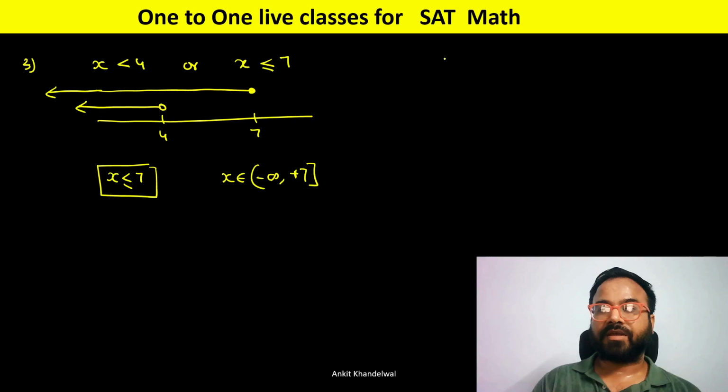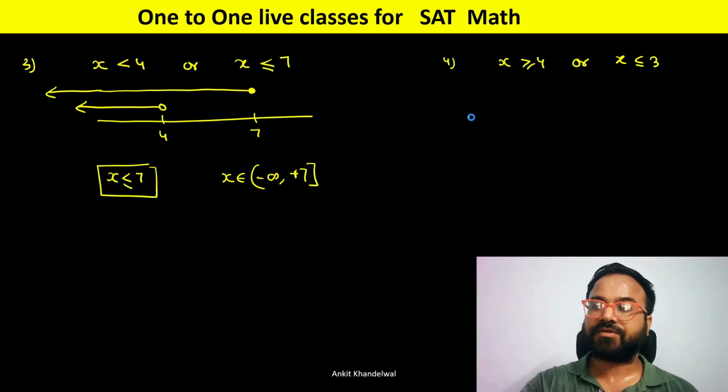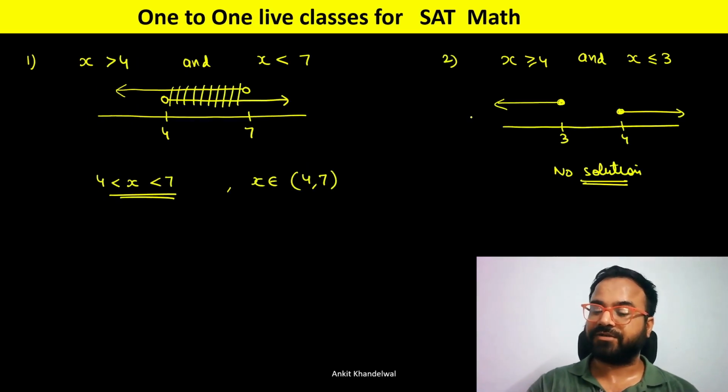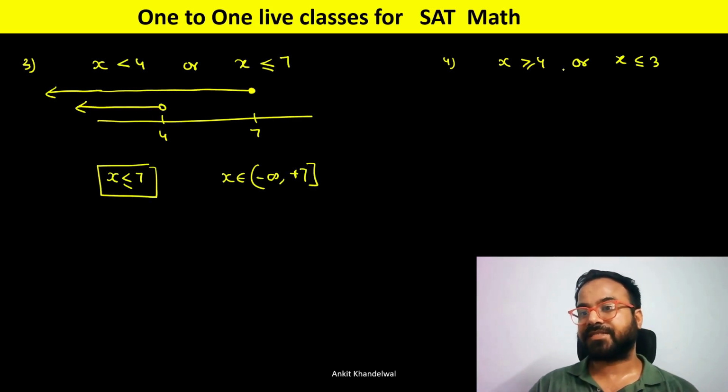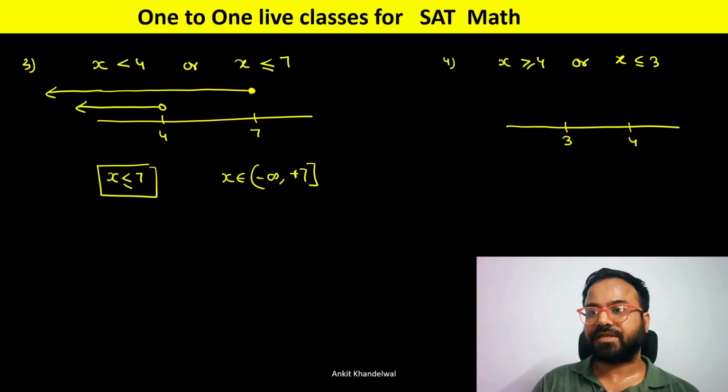In the same way, if it is something like this, x is greater than or equal to 4 or x is less than or equal to 3. In the previous one you can see the answer for this one was no solution because there was an intersection, but this time there is an or. That means this is 3, this is 4, so on the left of 3 and on the right side of